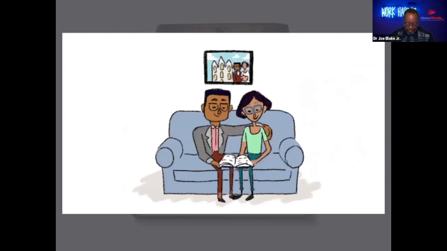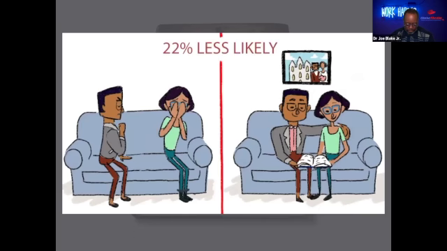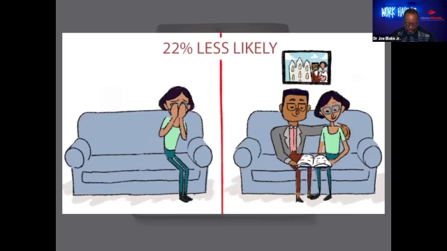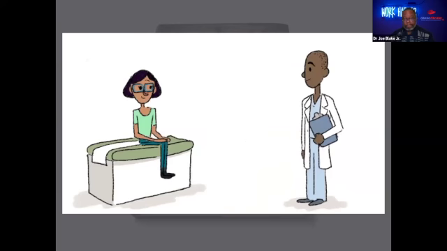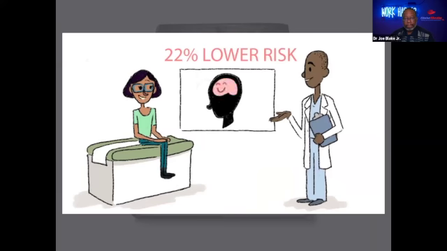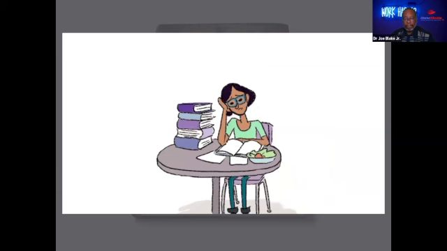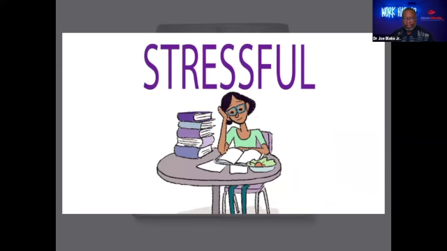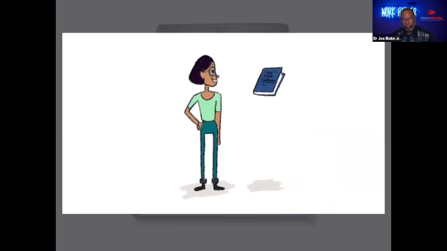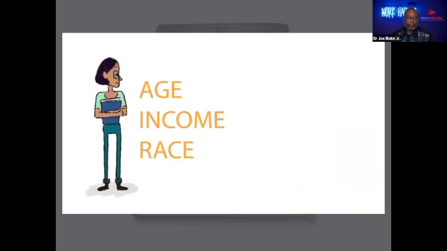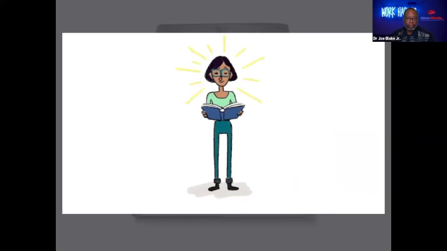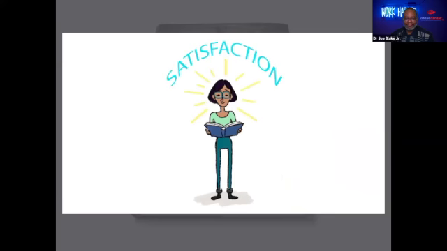And if your religious beliefs are very important to you, you'll be 22% less likely than others to end your marriage in divorce. In the meantime, attending church regularly will keep you healthy. A long-term study in Canada found a 22% lower risk of depression in those who attended church at least monthly. You'll also be better able to handle stressful events and to form and maintain healthy habits. We all want happiness in life, and religion may be the best way to find it. A study that looked at factors including age, income, race, and education found that perceived closeness to God was consistently the greatest predictor of life satisfaction.